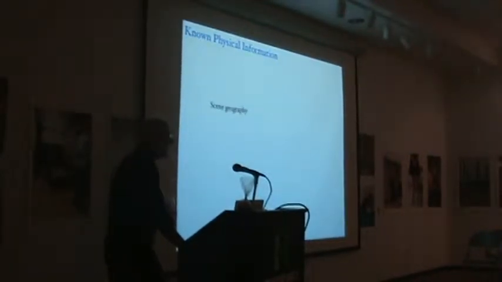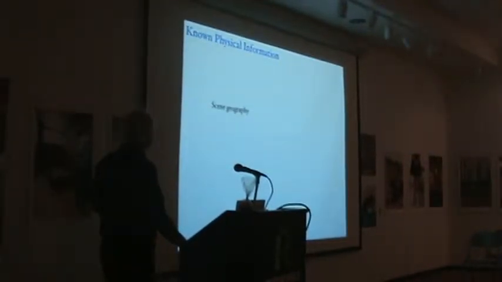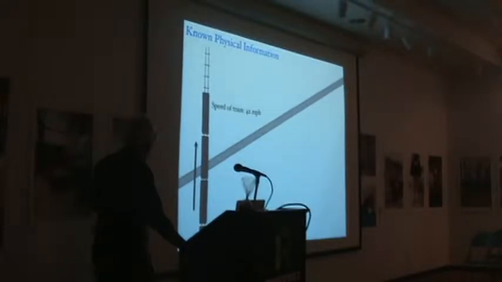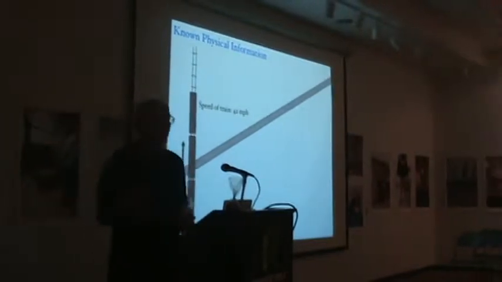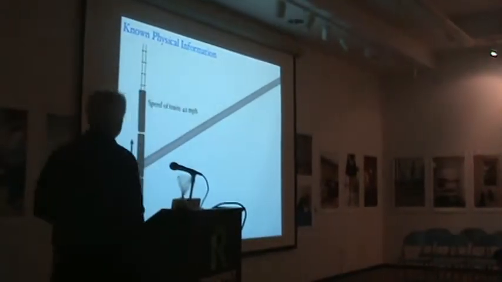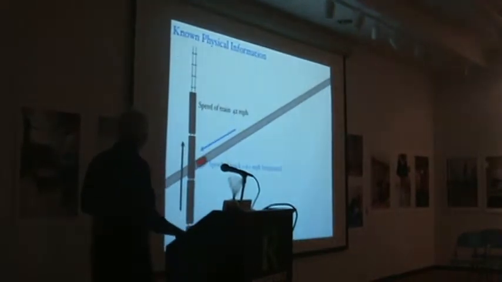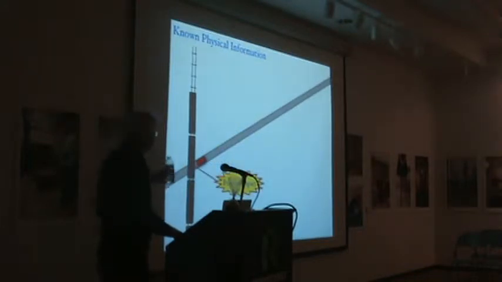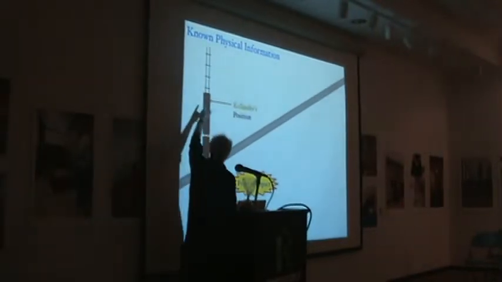Now, in this case, we have some known physical information. We, of course, have the geography of the scene. The highway intersected with the tracks. We had the speed of the train, 42 miles an hour. It turns out that trains, like airplanes, have black boxes that record their history. We have the speed of the truck, which we could reasonably estimate to be 60 miles an hour. We have the point of impact, which was actually the second car down in the train. And we have Collander's position. He was sitting up here in the very front of this train,